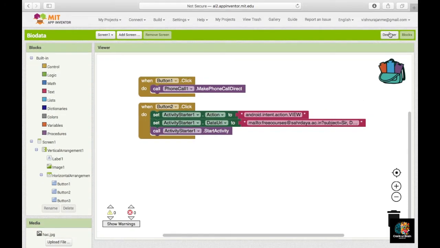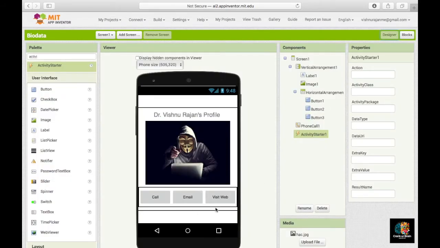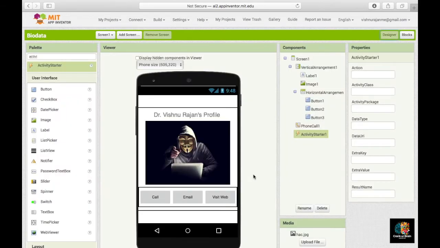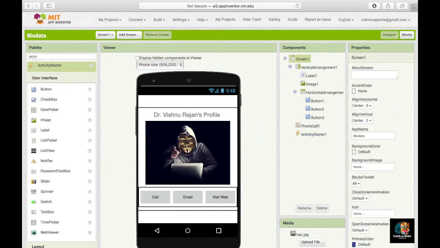We have just finished setting up the first button and the second button. Now the third one also we will finish now, that is visiting the website. Visiting the website can be done in two separate methods. First, just like we did with the email application, we can make the link open in your default web browser, or you can open the link in this application itself. For that, you need to create a second screen. As you know, this is the first screen, or screen number 1. We need to create a second screen also, so that the second screen will be able to display the web link whenever you click on this link.